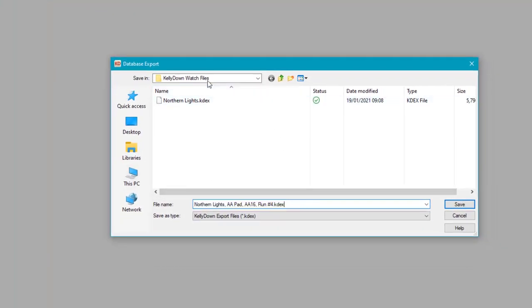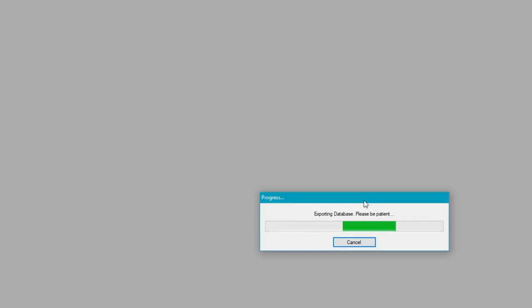We've created a folder on our OneDrive named KellyDown Watch Files, and this folder is shared by the personnel at the ROC. So we're going to save the snapshot of the current status of our project, and the project is Northern Lights, AA pad, the well is AA16 and the current run is run number 4. So click on the Save button to save the information